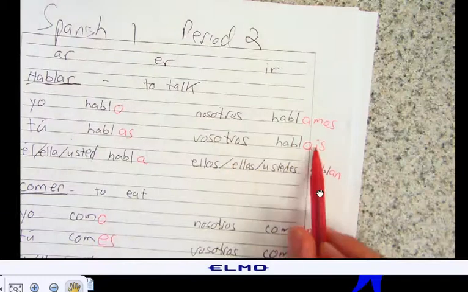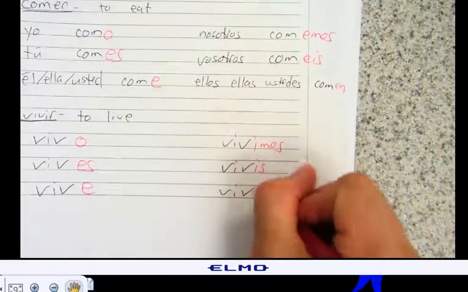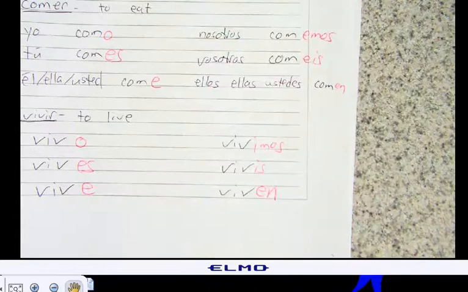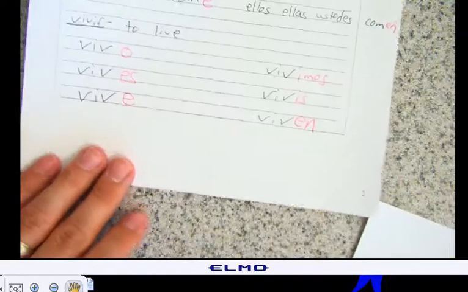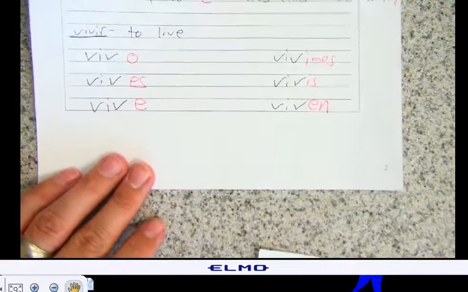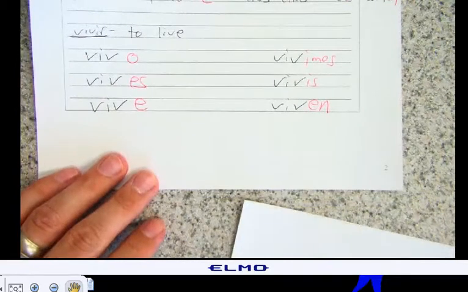Whoa. All right. And EN, all prior knowledge, all good so far? You know your ER, AR, and IR ending verbs. So what's this new knowledge business? Okay, new business. All right. Vivo, vives, vive, vivimos, vivís, viven. Okay, so